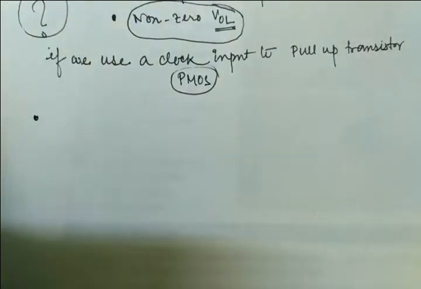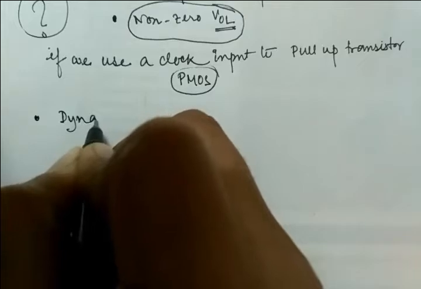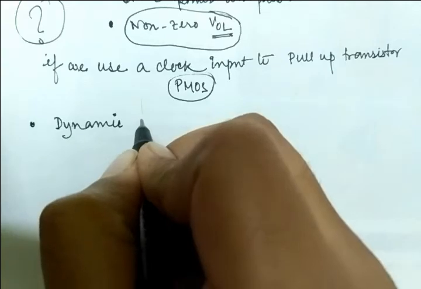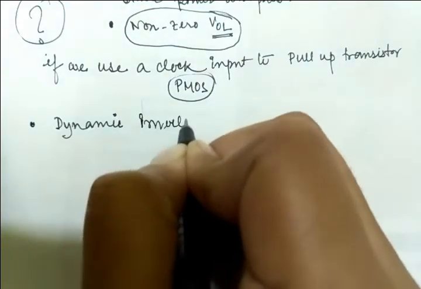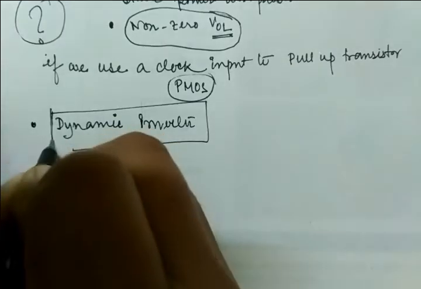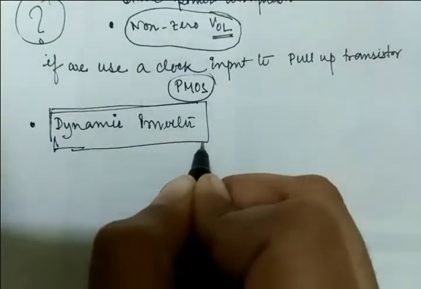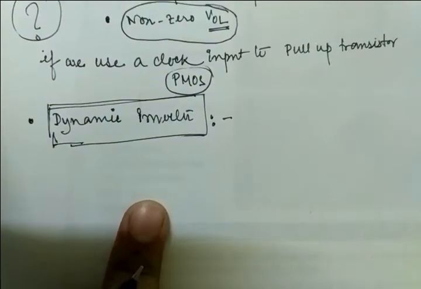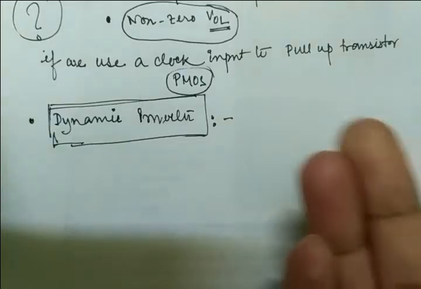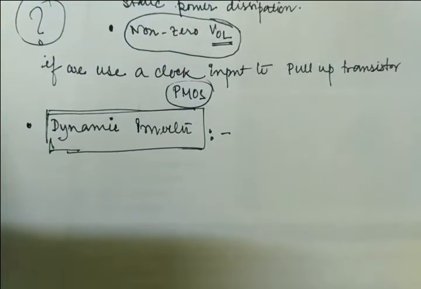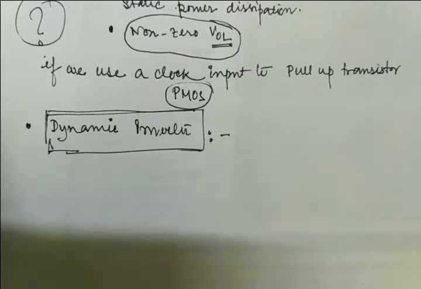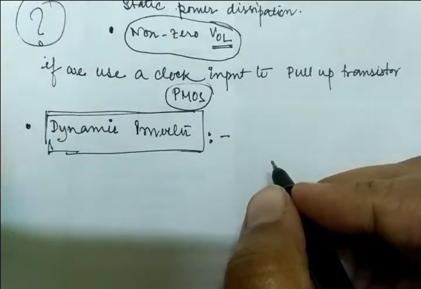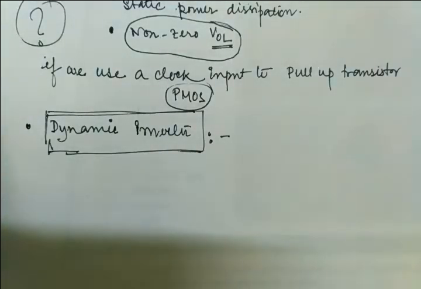So that is the dynamic inverter, because the inverter is the simplest circuit to understand, right? So first of all, it will be the dynamic inverter, and through this dynamic inverter, it will be much easier to understand what the pre-charge and what the evaluation logic are. That's why I am writing here the dynamic inverter, simple inverter. Inverter means there will be a pull-up network, a pull-down network, an input and a single output, right? So this is the general diagram of the dynamic inverter.